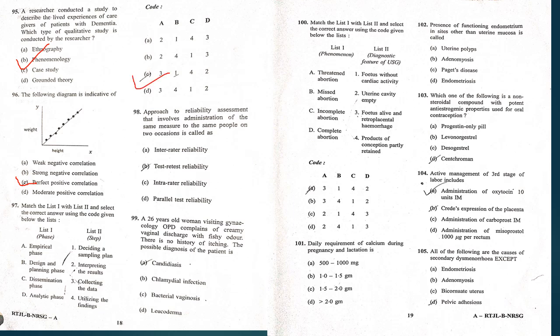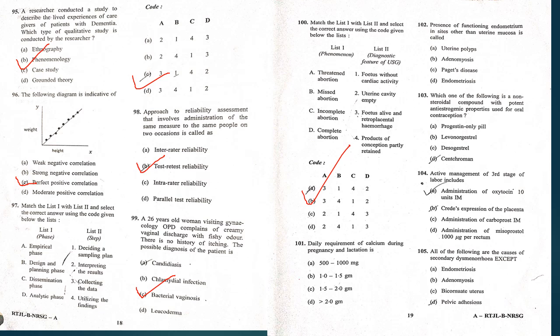আর approach to reliability assessment that involve administration of the same measure to the same people on the two occasions is called reliability test. A 26-year-old woman visiting gynecology OPD complained of creamy vaginal discharge with fishy odor. There is no history of itching. The possible diagnosis of the patient is ব্যাকটেরিয়াল ভ্যাজাইনোসিস। 100তে কি বলেছে, এই যে অ্যাবর্শন, কোন অ্যাবর্শন কি রকম, এটার অপশন হচ্ছে অপশন এ।